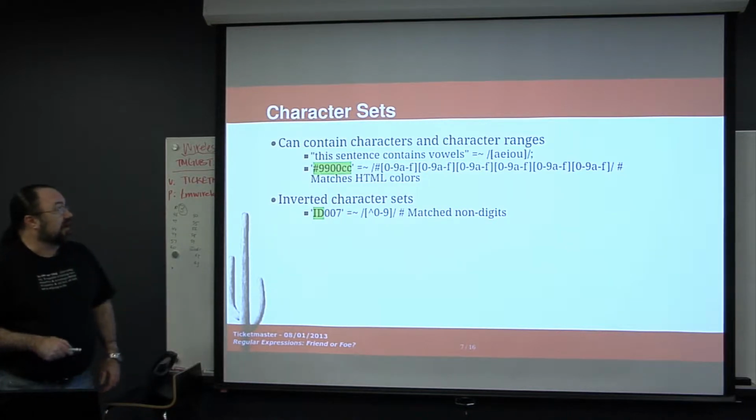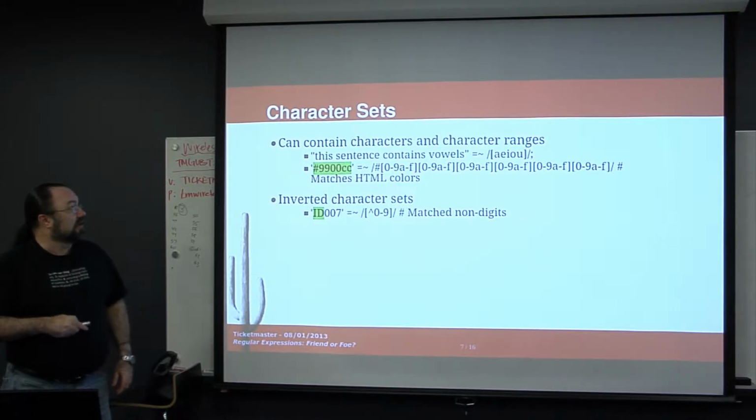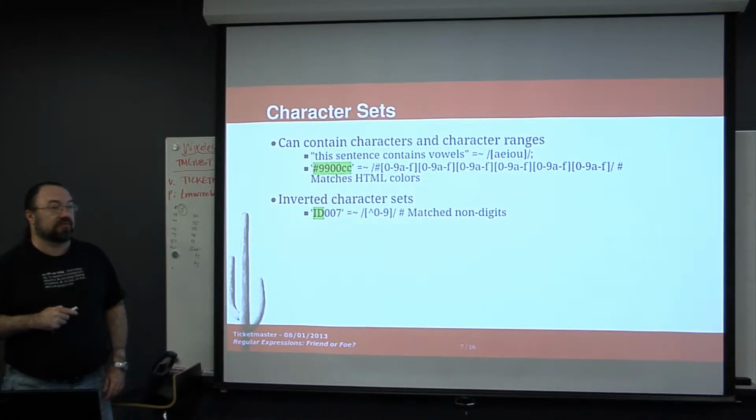Okay, now we'll talk about character sets. You remember the square brackets are what give you character sets. First we'll look at this one: this sentence contains vowels, A, E, I, O, U. This means if any of these characters in this set are contained over here, then it will match. And actually I should have put the green background on the vowels that would match. Basically, since there are vowels in here, if this were all consonants, it wouldn't match. Since it's got vowels in it, it will match.